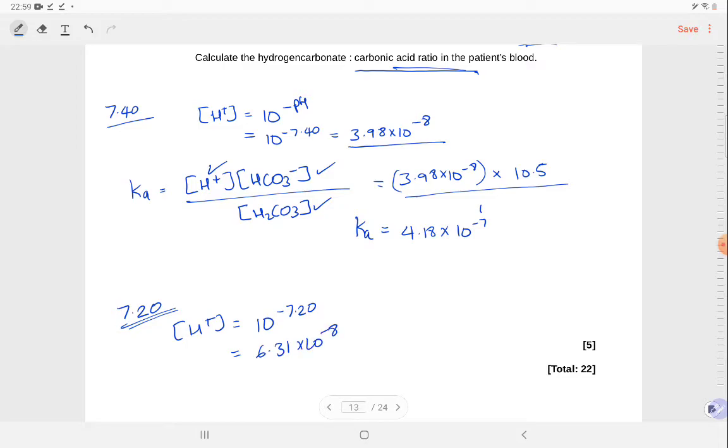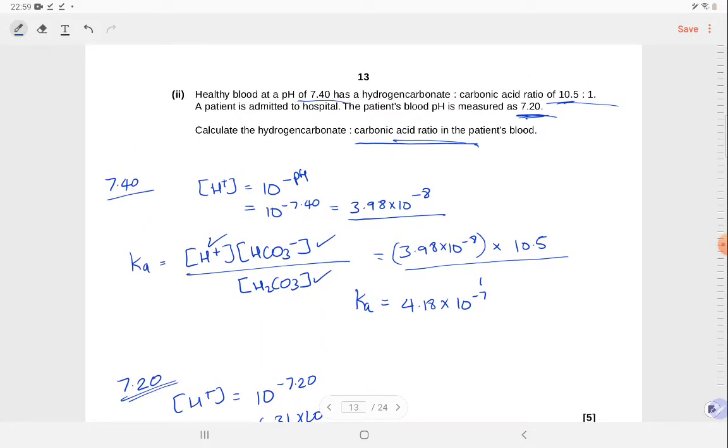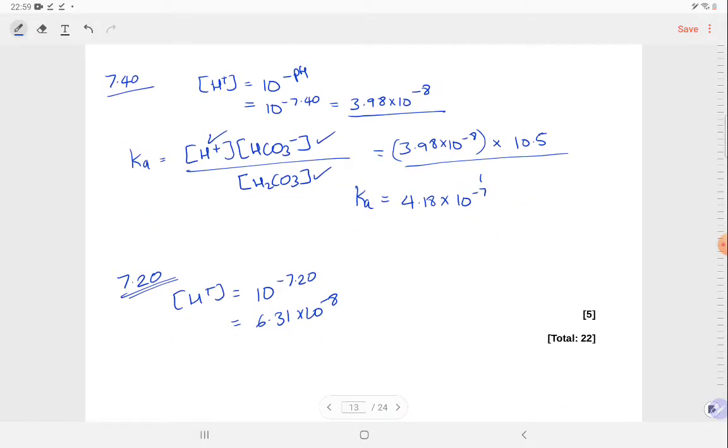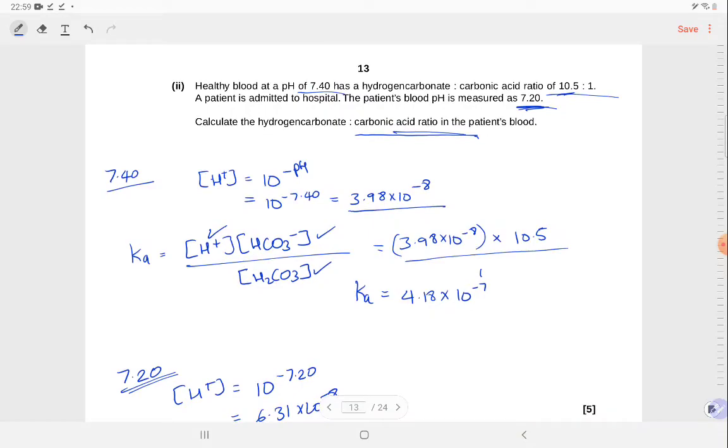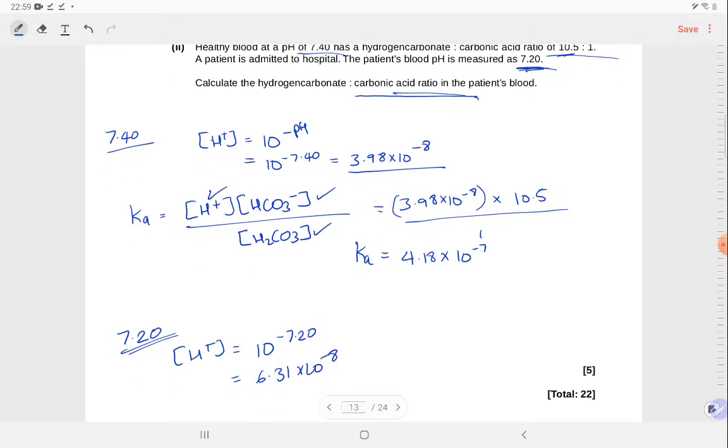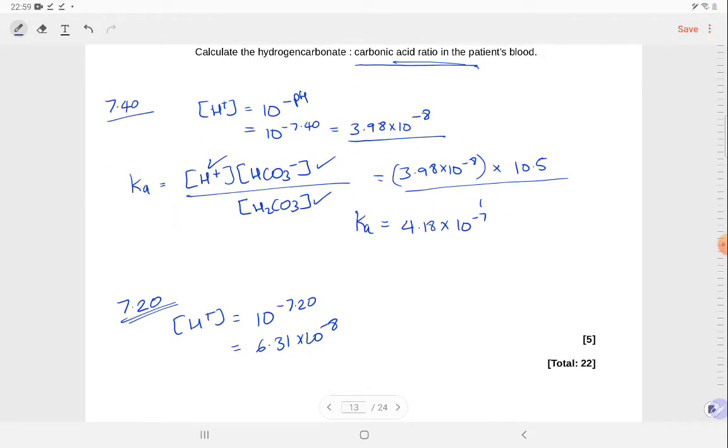Yeah. So, that's that. Again, that's not the answer. We're getting there. All right. Now, what are they actually asking you? So, you worked out the Ka, you worked out the H+ concentration of both blood samples. Now, they're asking you for the hydrogen carbonate to carbonic acid ratio in the patient's blood. Now, what this means